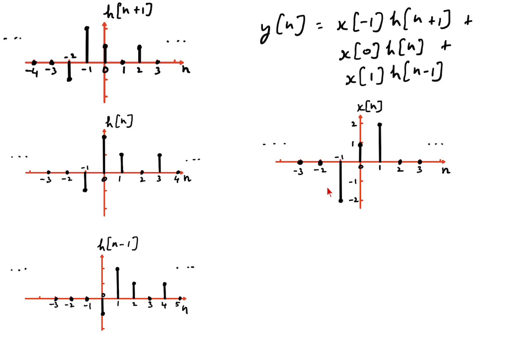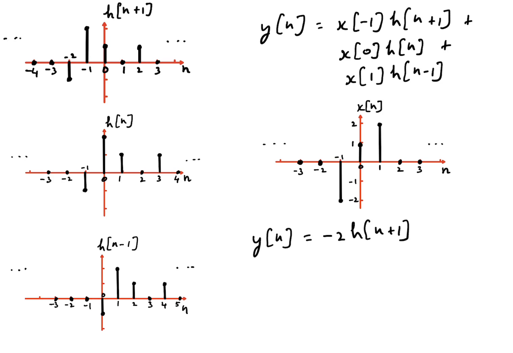So from this we know that we can find that x of minus 1 is equal to minus 2, x of 0 equals 1, and x of 1 equals plus 2. So in place of x of minus 1, x of 0, and x of 1, we're just going to put these values of x of n at those values of n. So therefore our output y of n becomes x of minus 1, which is minus 2 times h of n